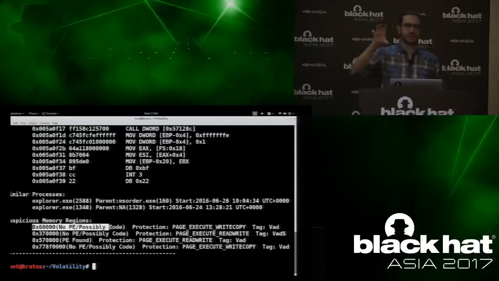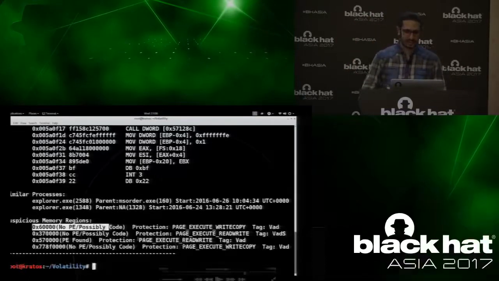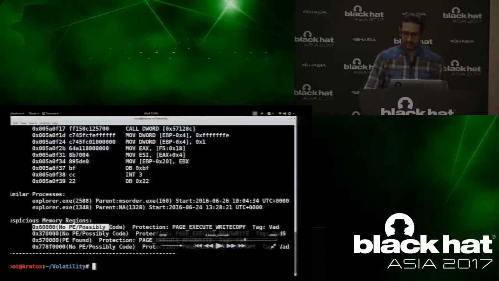It can pinpoint the process that is hollowed out, and it can also disassemble the address of entry point and tell you there is a redirection. And also, it can tell you there is a suspicious memory region, so that you can focus your analysis on that. Now, let me show you that I dumped this component where the code is injected, which we missed from the malfind plugin.